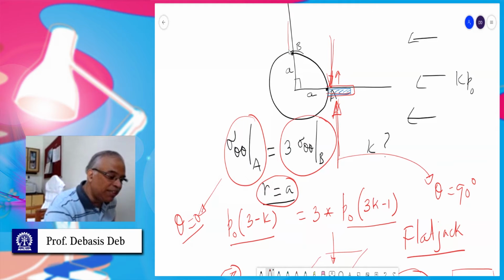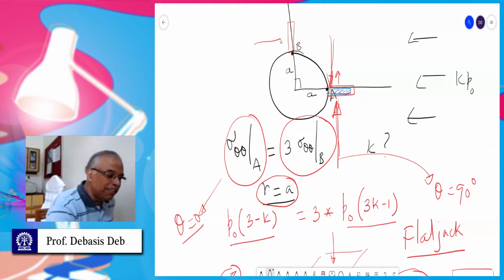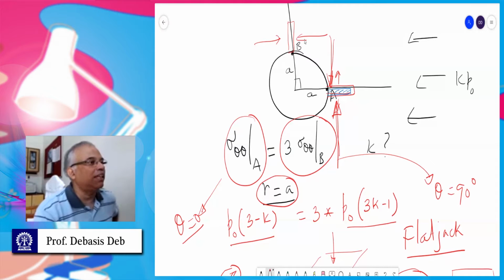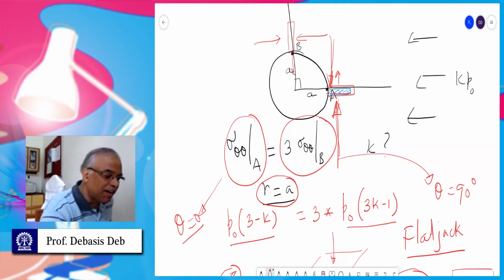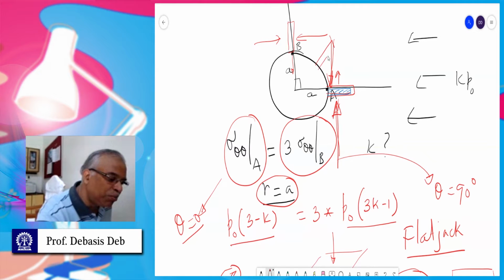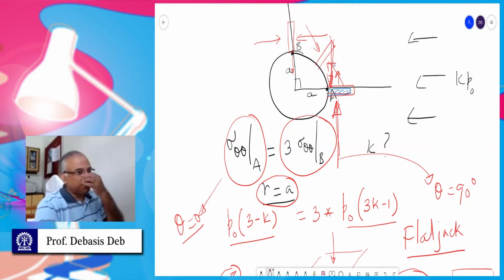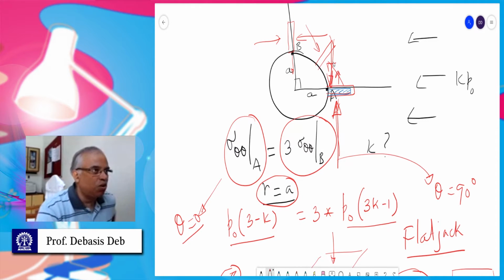Now here if you want to measure, this plate will be placed like this so that we are measuring this pressure, and that is also sigma theta, because here this is sigma RR. Sigma RR is 0 there in the boundary, so there is no point of measuring it. So we are measuring this. If somewhere in here you want to put it, you have to put it like this so that we are measuring this direction stresses. So always the tangential stress we measure by the flat jack. Remember that. Always the tangential stress we are trying to measure.